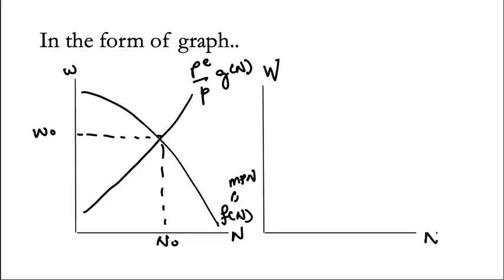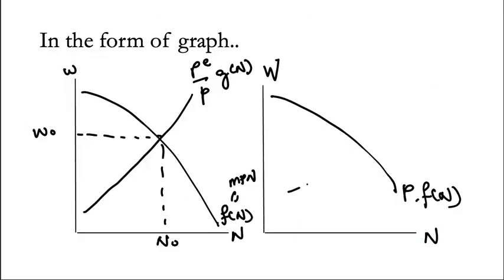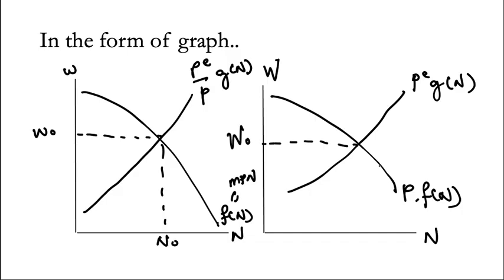Nominal wage, labor hours. So we have labor demand, remember, which is shown by this, remember, this bit. Okay, and then we have labor supply, which is this. So we have here W naught and N naught. So this is A prime. Okay, so equilibrium real, which is this, equilibrium nominal, which is this, equilibrium employment,